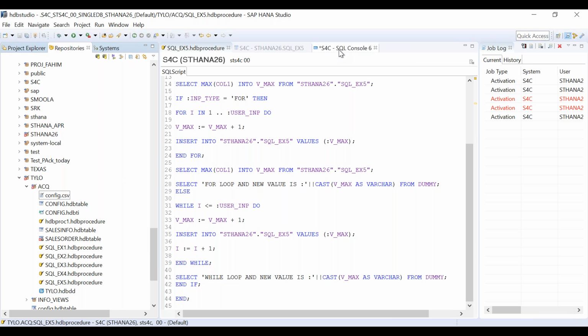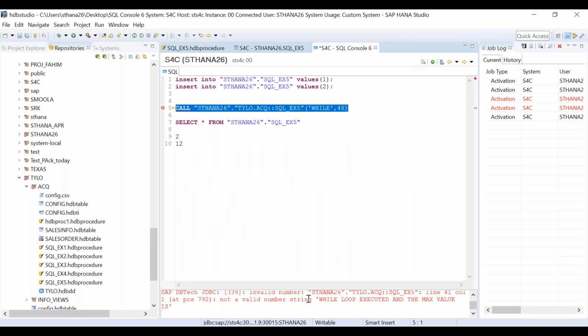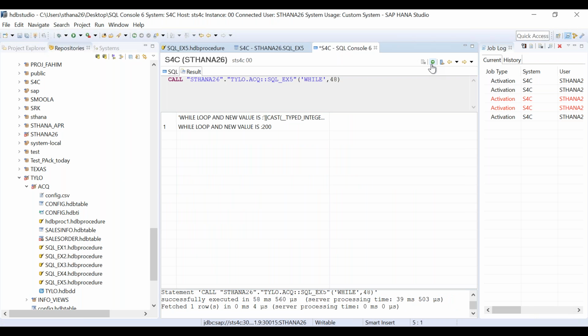Done. Now come here and execute. See what is coming. What I have given while loop. So it is saying while loop executed and new value is 200, isn't it? See, 48 is inserted here.